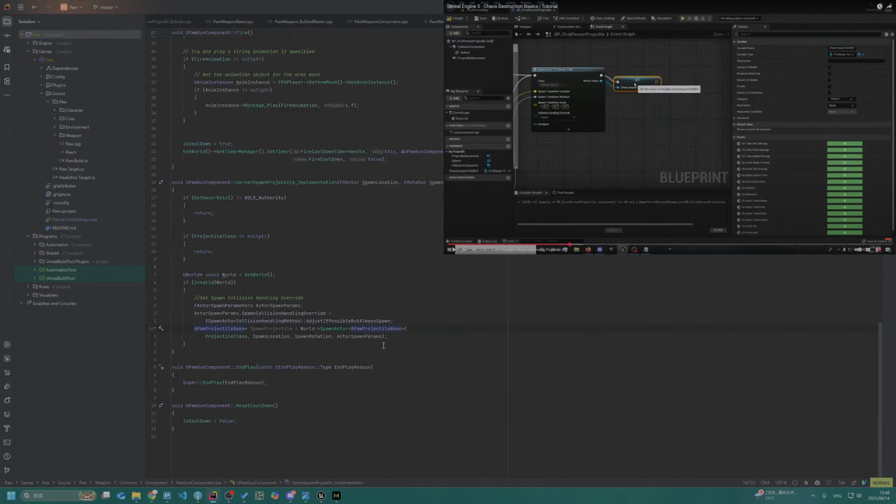Just like what the gun component does: spawn actor of class, spawn location, rotation, and spawn param.